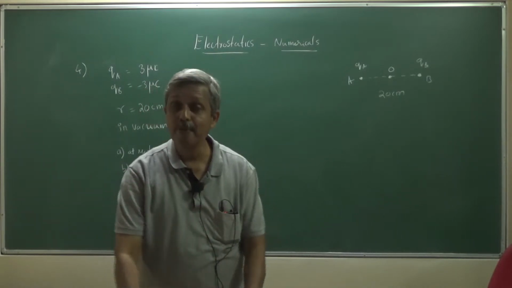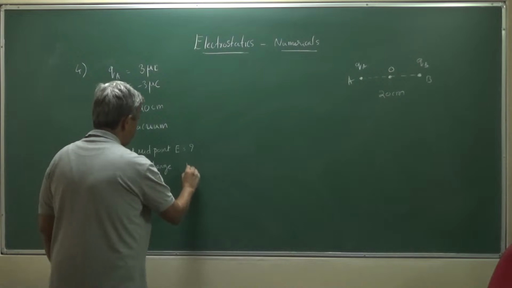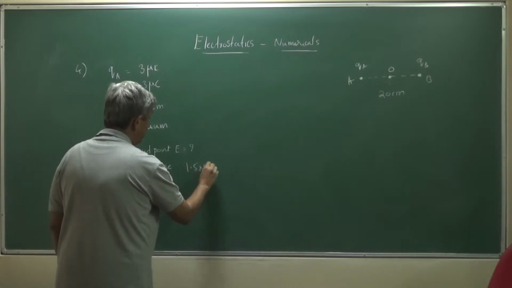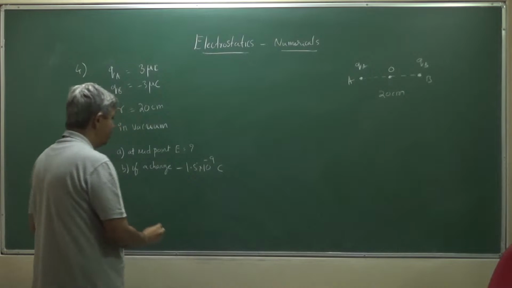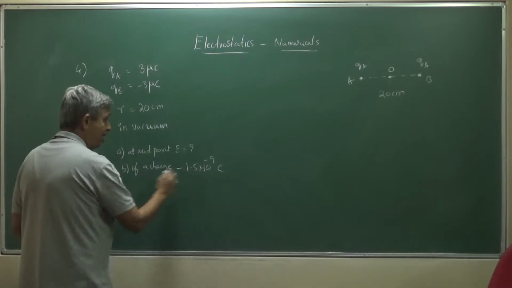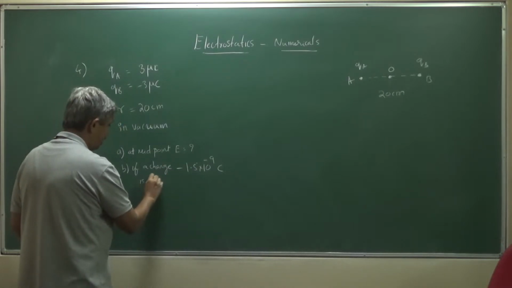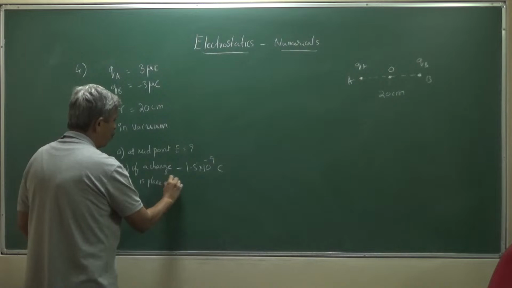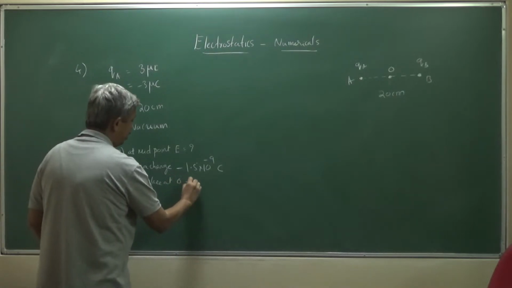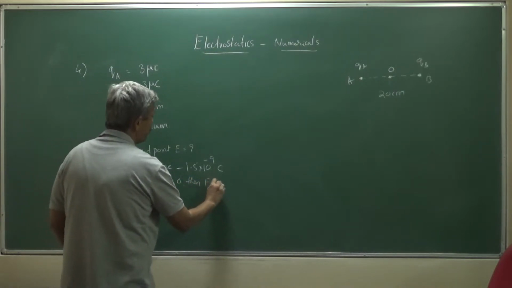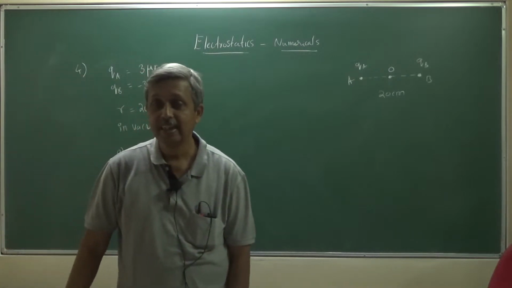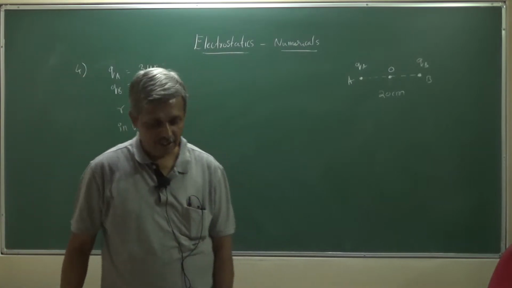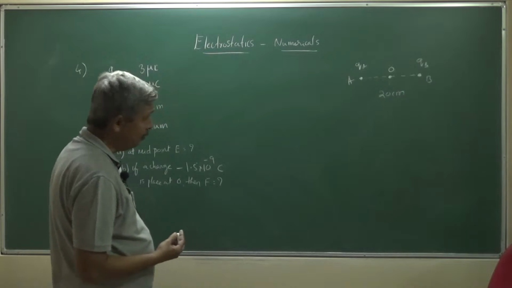1.5 into 10 power minus 9, that's a negative coulomb. If a charge of this much is placed at O, then how much is the force on it? That's the next question. Now, if you think about it,